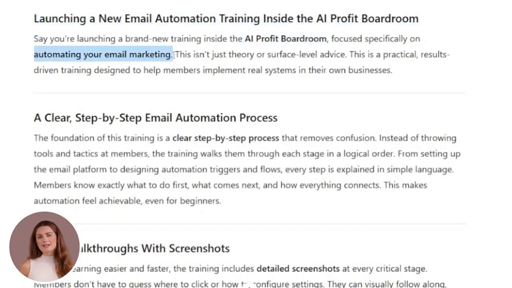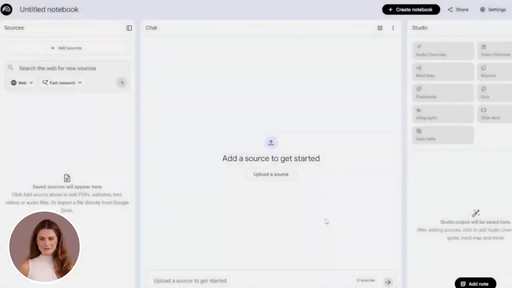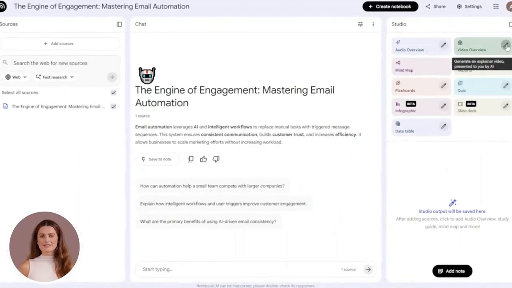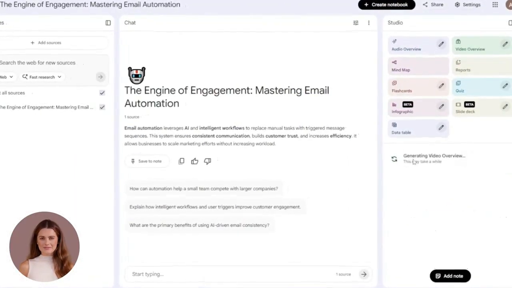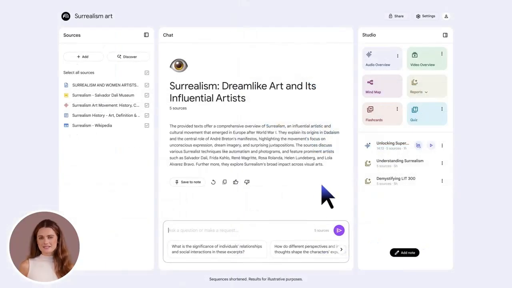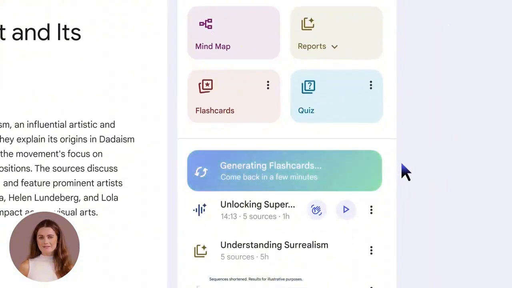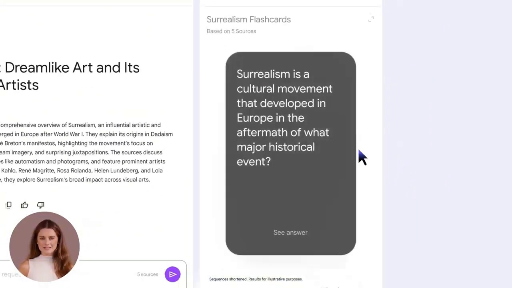And it works in over 80 languages now. Started with just English, but Google expanded it fast. So if you're working with content in different languages, or you need to share information with people who speak different languages, this is huge. Now let me tell you about the Studio Panel redesign, because this changes everything about how